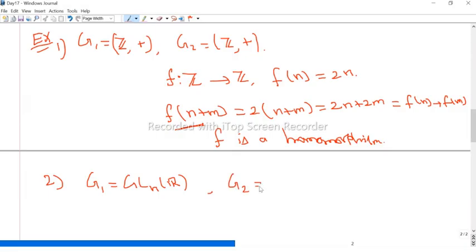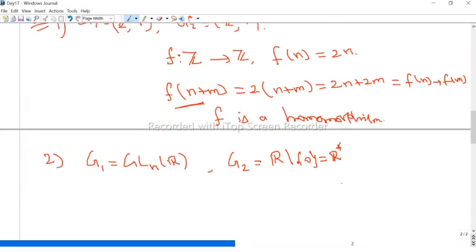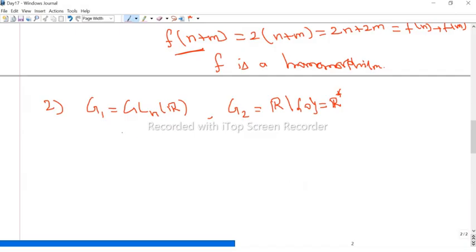Suppose we take another group, R star. R star means R minus the singleton 0. You are removing 0, and that is what we call R star. So the non-zero real numbers form a group with respect to multiplication. Now we define a function from G1 to G2 by f of A, for any matrix A,